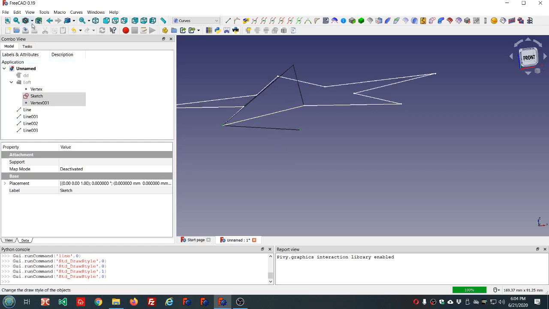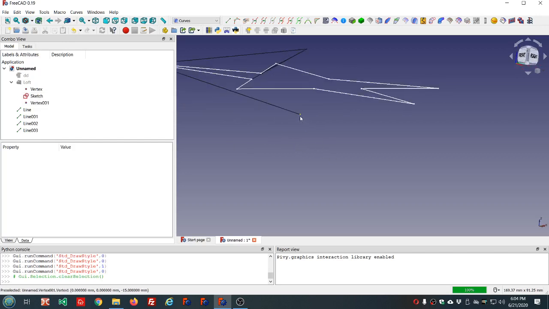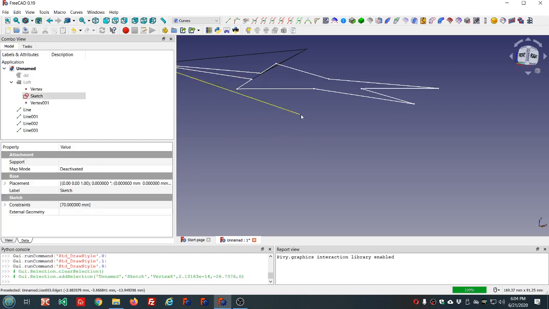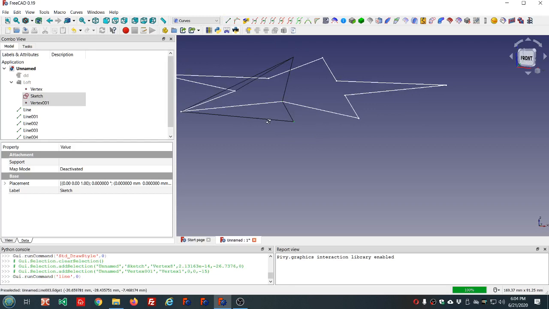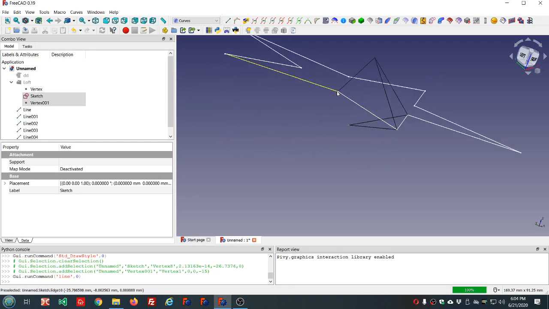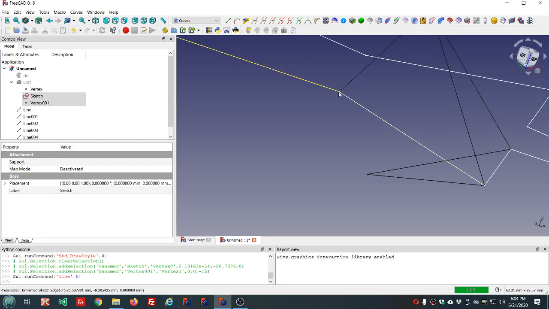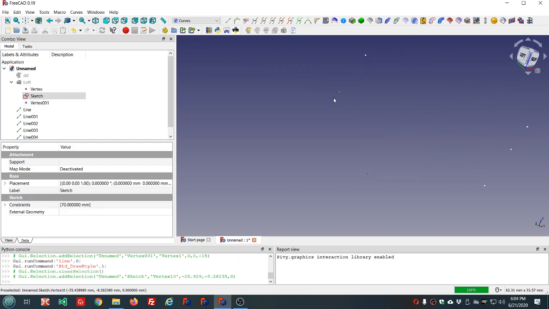You can see here it lists the shortcuts. So these two. V2 selected, V1,